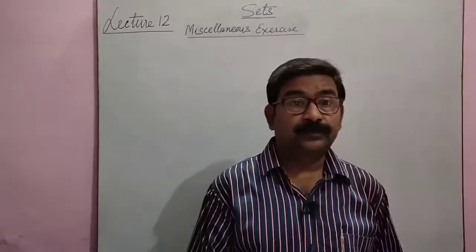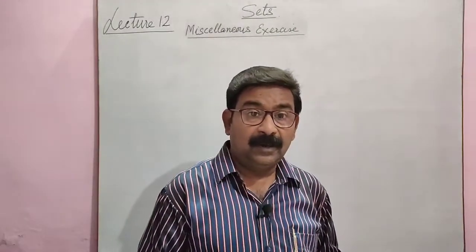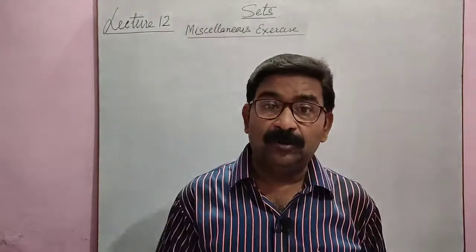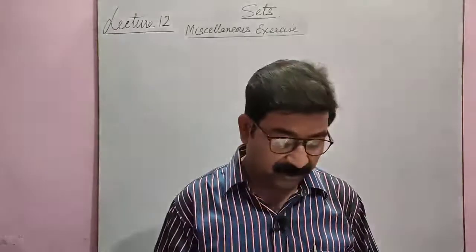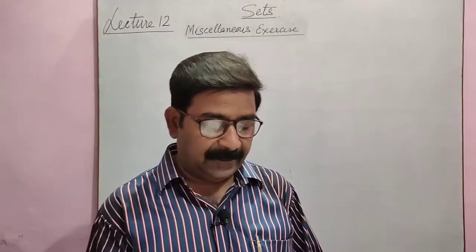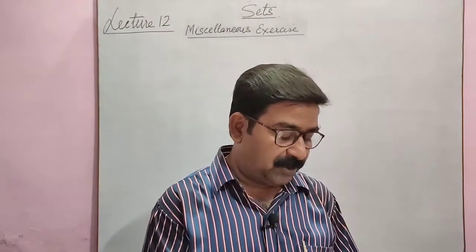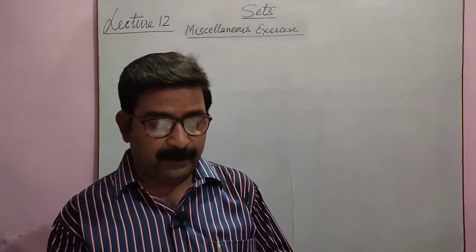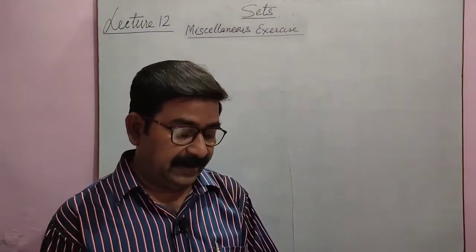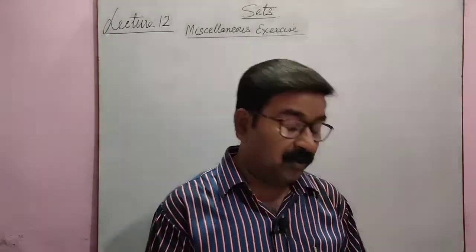Got it? Now we are coming to question number 16, same as question number 15. And this question is for you. You will try this question yourself. If any doubt or any confusion, you may ask it. Question is, in a survey it was found that 21 people like product A, 26 like product B, 29 like product C, 14 people like A and B, 12 like C and A, and 14 like B and C, 8 like all three. Find how many people like product C only.